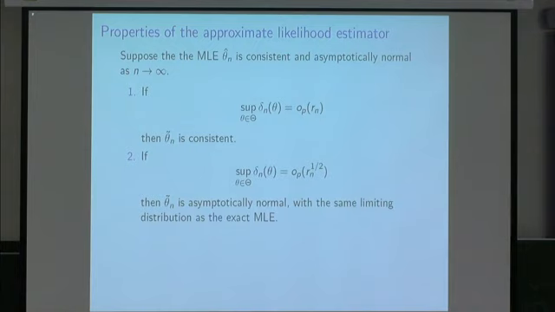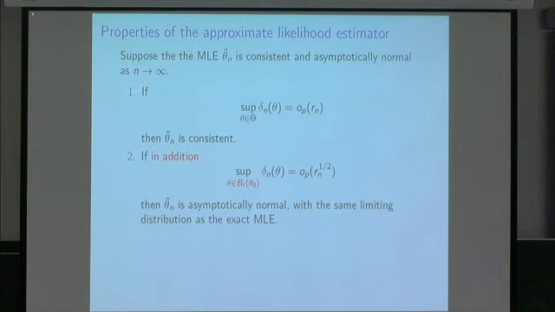So you can weaken it a little bit further. It's a problem because of taking the maximum over the entire parameter space, and sometimes you don't want to do that. If you've got the consistency condition, then eventually it's enough to look in some small area around the true parameter value, because soon enough the estimator is going to end up there. So we can replace it by saying that, in addition to the first condition, if the maximum over theta in some small ball of some fixed radius t around the true parameter value satisfies the same condition, then the same thing holds. That's a slight weakening that helps later on in an example.